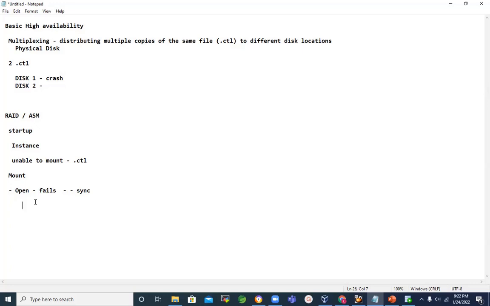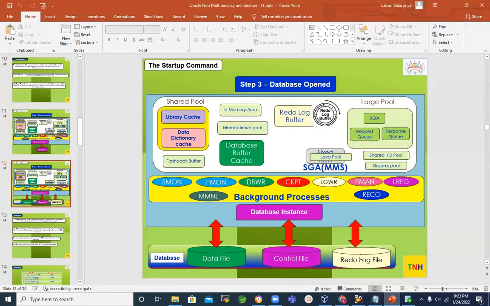We can tell Oracle as administrator, don't look at this file, but open the rest of the 13 files. We can tell that. But initially, it will look for that file. Now, to troubleshoot this, if you don't know that architecture, we don't know what's happening: what is an instance, what is mounting, what is opening. Since we know what is happening behind the scenes, whenever an error comes, we have a solution. Otherwise,